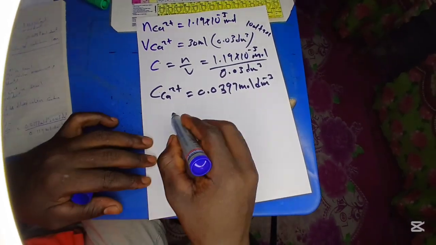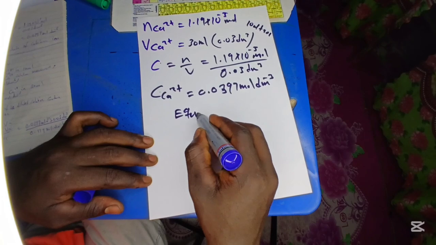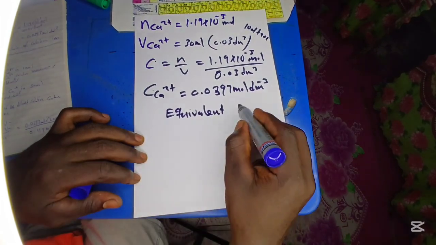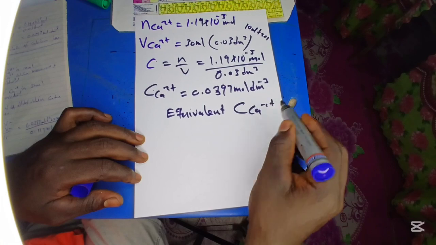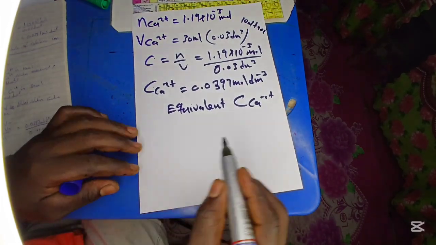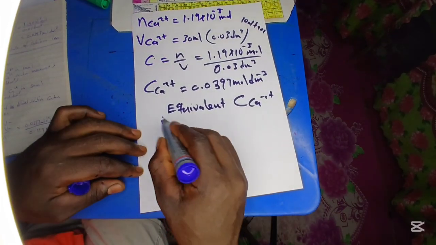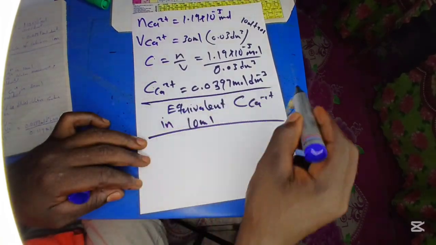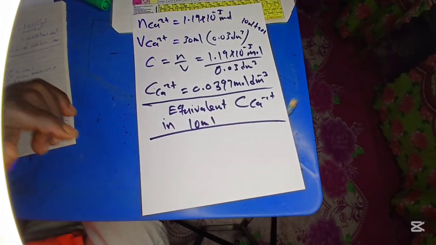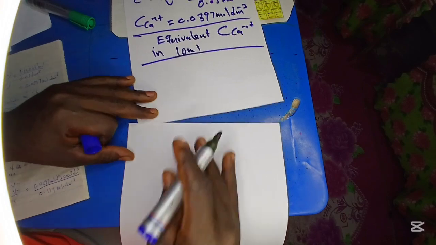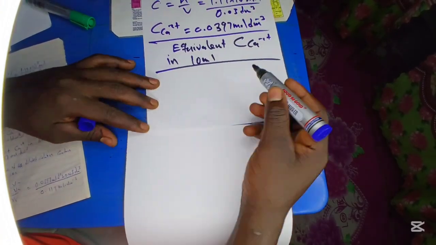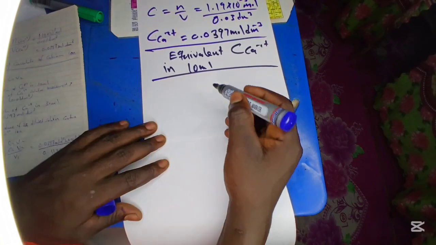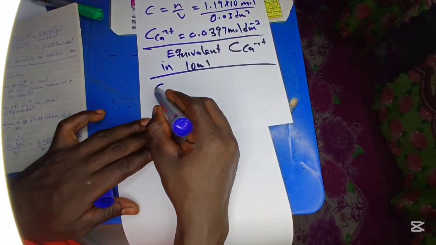So we are going to calculate the equivalent concentration of Ca2+ in the 10 ml of the solution that we took. And the formula that we are going to use here is